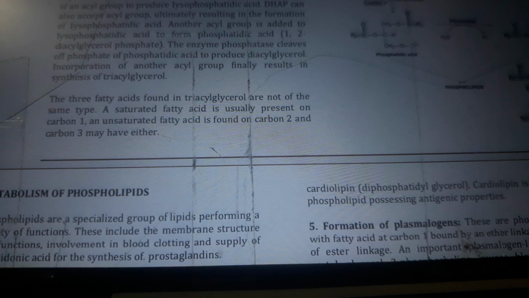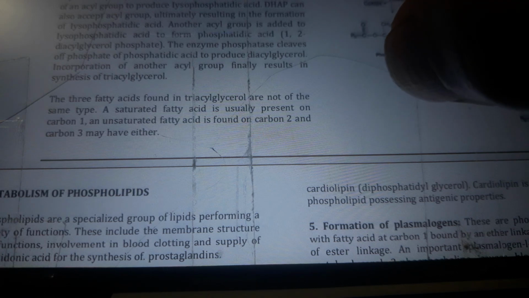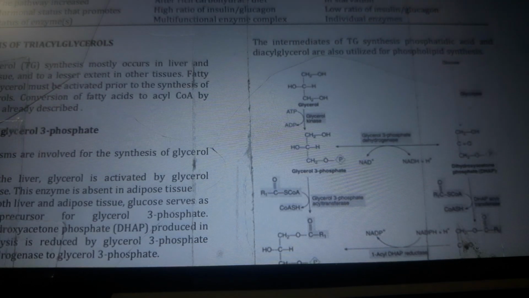The three fatty acids found in triacylglycerol are not of the same type. A saturated fatty acid is usually present on carbon 1, an unsaturated fatty acid is found on carbon 2, and carbon 3 may have either. The intermediates of TG synthesis, phosphatidic acid and diacylglycerol, are utilized for phosphatidic